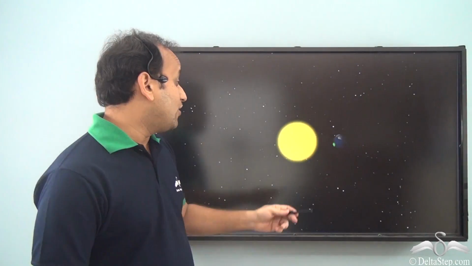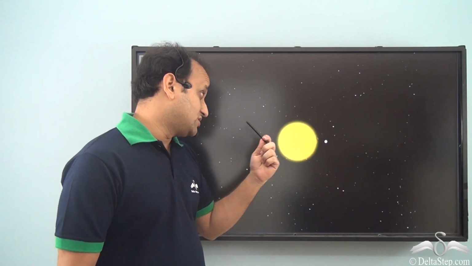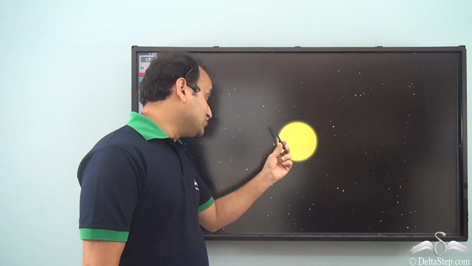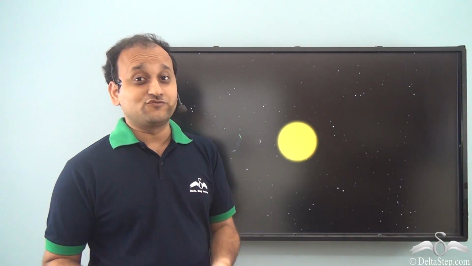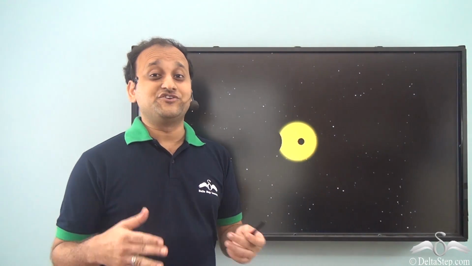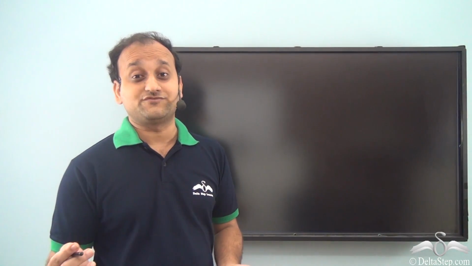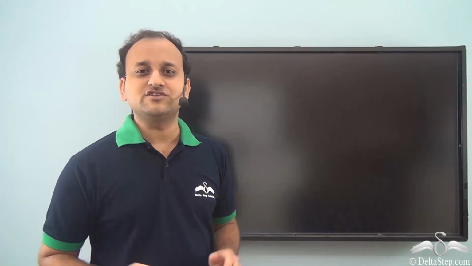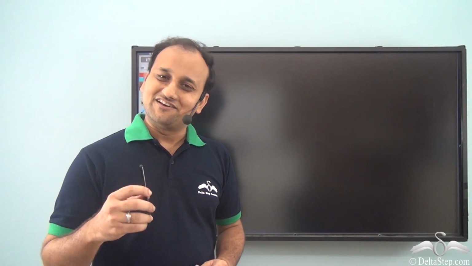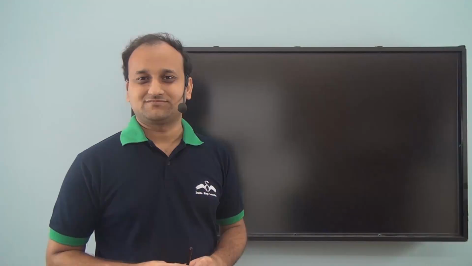So you see how this movement of Earth around the sun, that is revolution of Earth around the sun, results in different seasons which we experience. And because of those different seasons, different trees and animals behave differently. For example, the trees, sometimes they have lots of leaves and new flowers, while sometimes in winters, for example, they don't have any leaves at all because of the revolution of Earth.